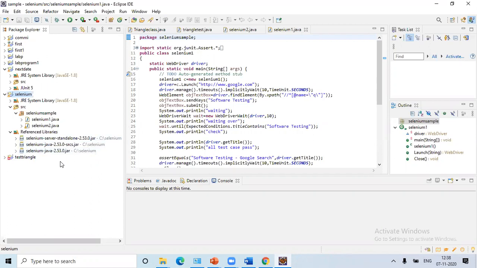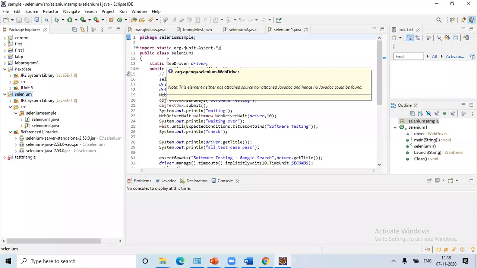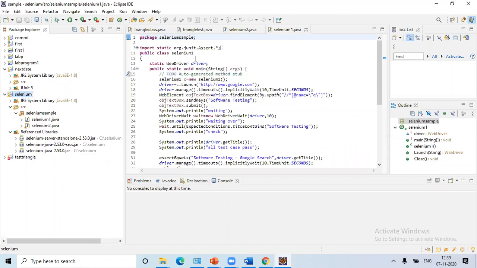So till now, we have downloaded what is needed and the software that is supported to run our WebDriver application, and we have added it to our program. Now we'll check with the program. So WebDriver is an element you can see here. If you want the description of that, you can easily see it here. Then we are giving a variable driver, creating an object, and then we are going to launch. As I told, I am going to do this for Google, so I just want to open google.com. That's what I have given.